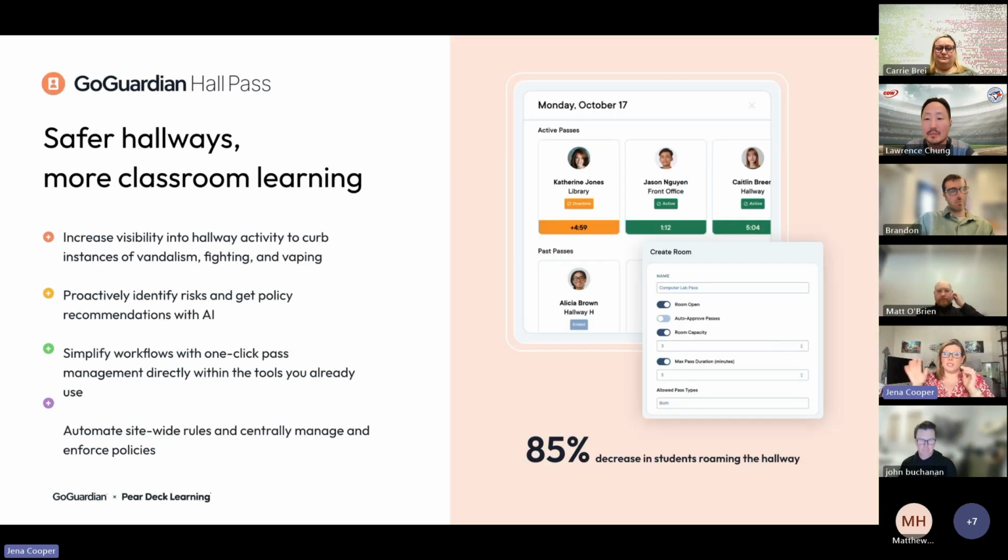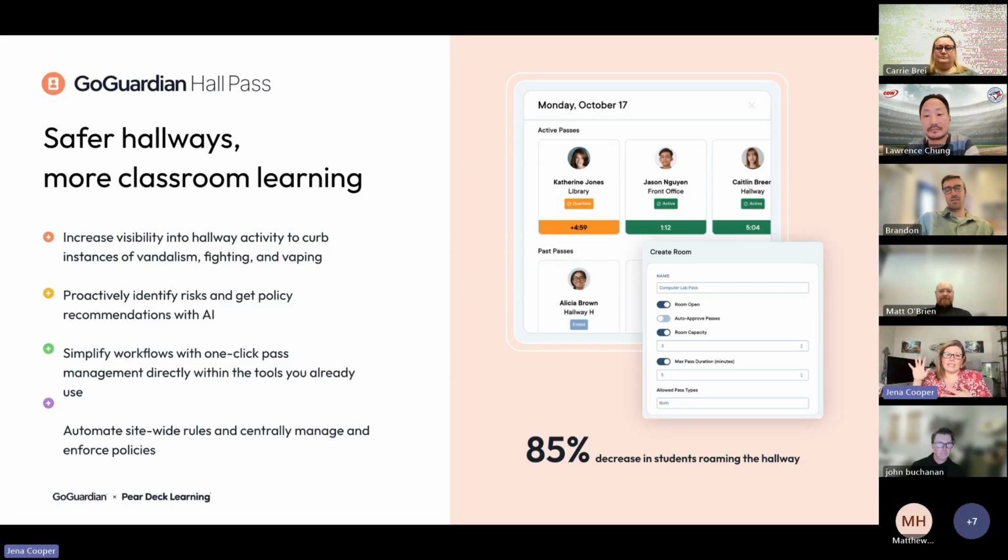And then brand new, just released in January, is also our Hall Pass tool. So if you don't mind typing in the chat a yes or a no, if you're using some kind of digital Hall Pass tool, or if you've looked into it. But this is Hall Pass, and this is coming up with safety for students, keeping them safe so that you know where they are at all times, and allowing us to say when certain students can be in the halls at the same time or not.